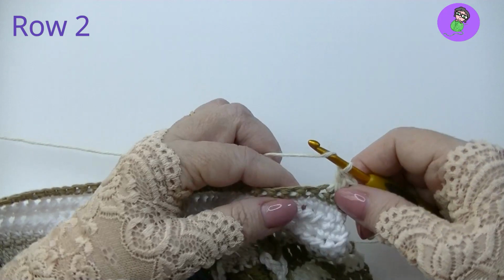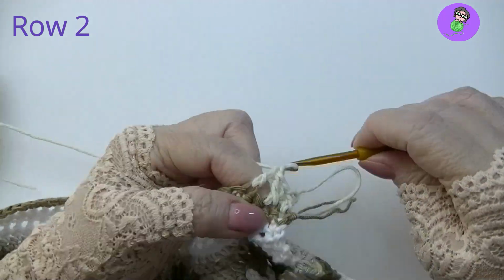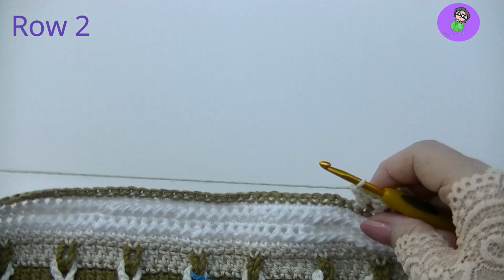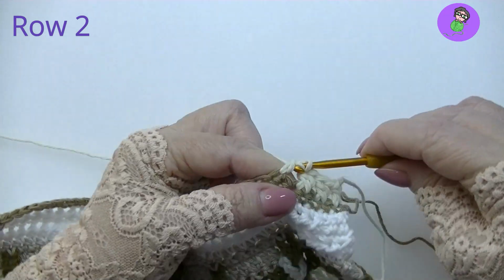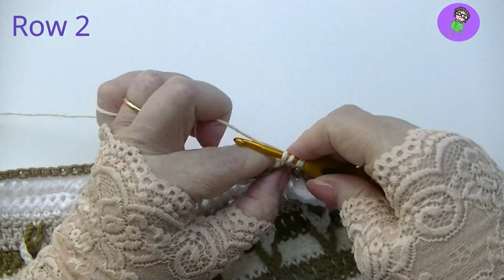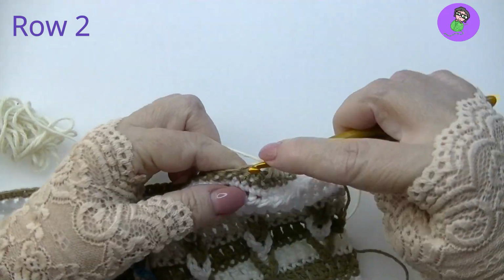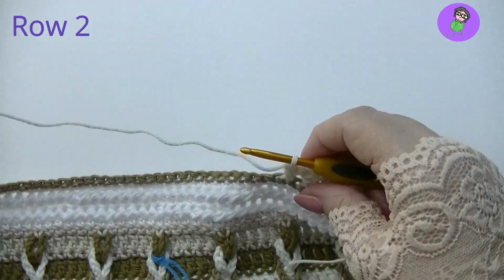So you should remember that from way back, but just in case it's a little bit vague after so much time, let's do another one. So it's really just double crochet crisscrossing across itself: skip 1, double crochet, then come back to the skipped stitch and make the other double crochet to cross. Skip, double crochet, come back, double crochet, remembering that we are actually